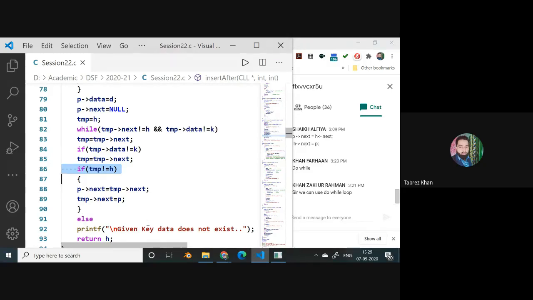Are they understanding where the problem is? This condition is a condition to say that we have checked the entire list and we have not found. If temp equals to H, we mean to say that we have checked the entire list and we have not found it. So basically here I need to put one more condition, and at the same time temp of data